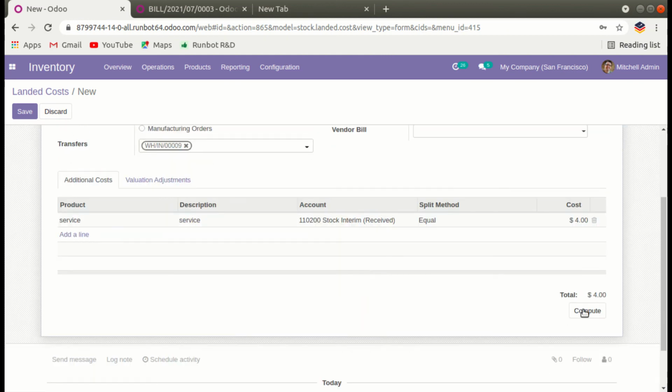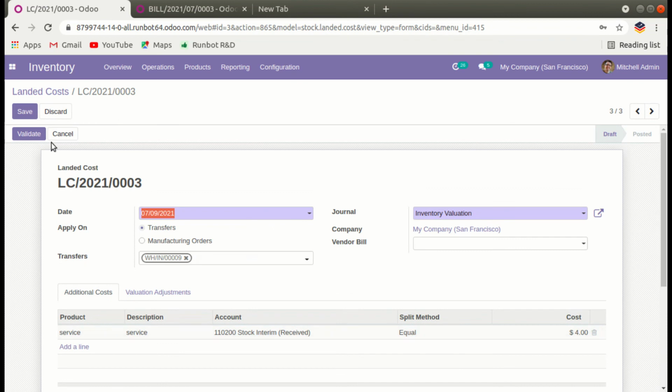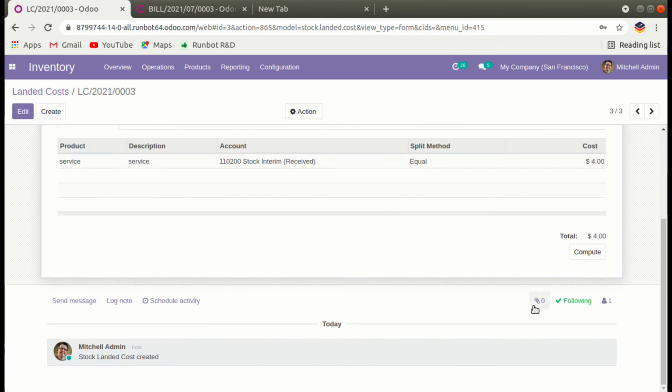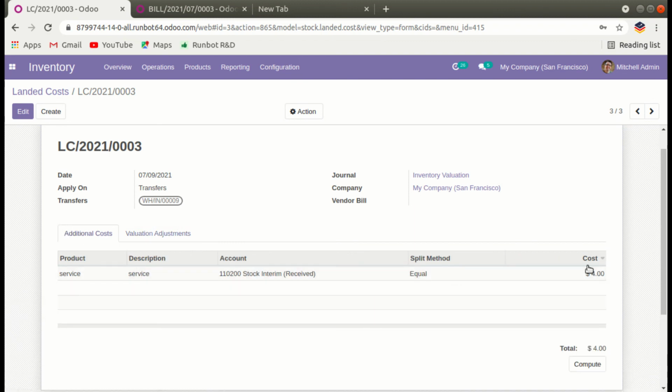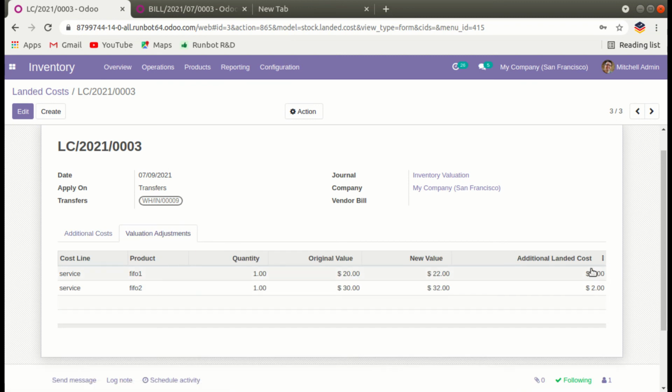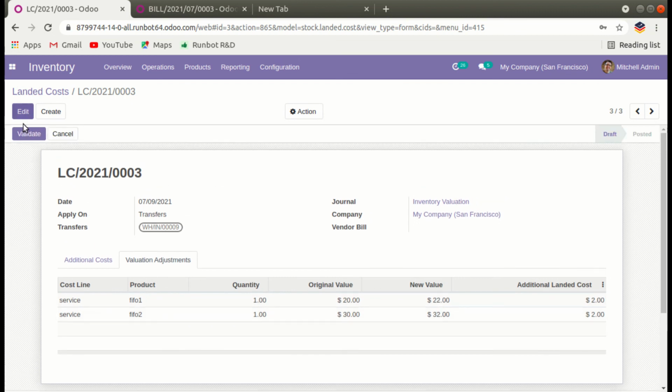So let's compute. Let's save, and in valuation adjustment you can see 2 rupees set as additional landed cost because we set the split method as equal. So 2 and 2, 4 rupees split equally. So the new value of FIFO 1 is 22 and FIFO 2 is 32. Let's validate,